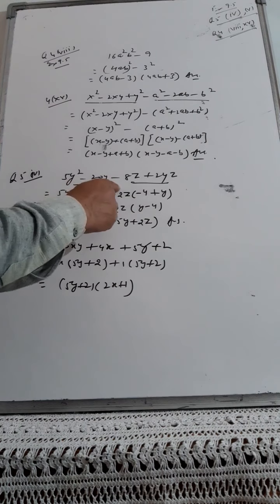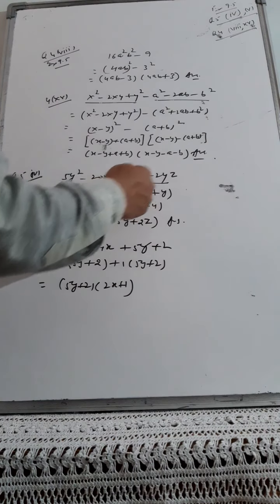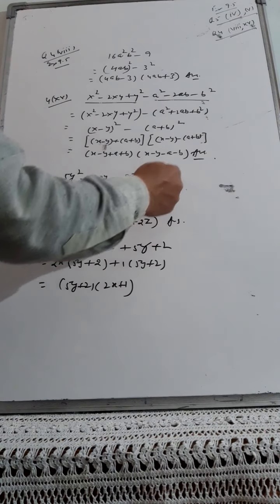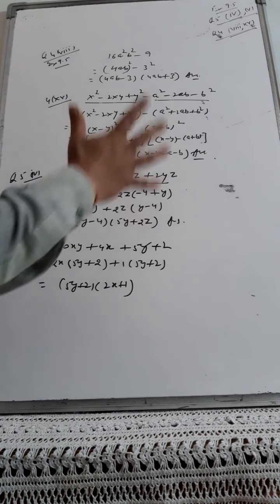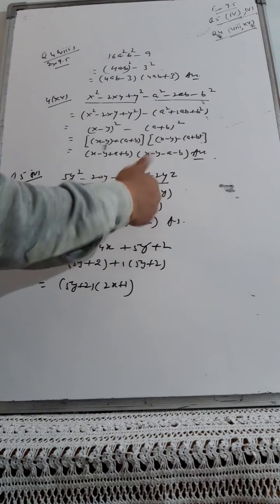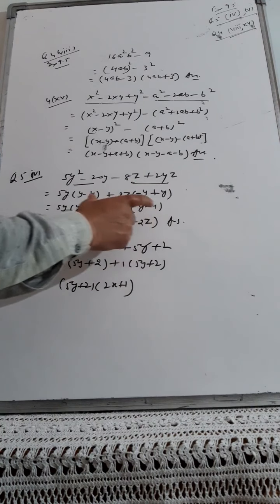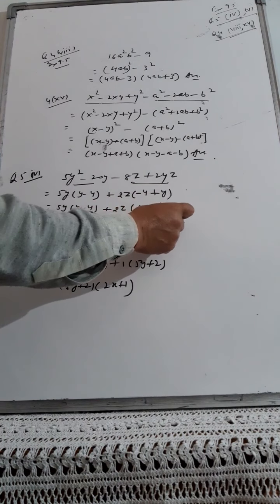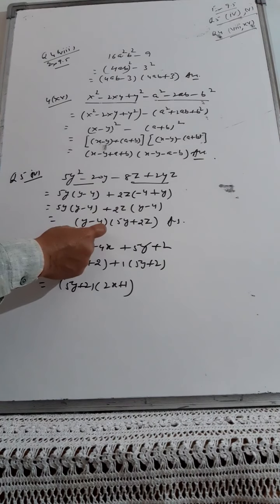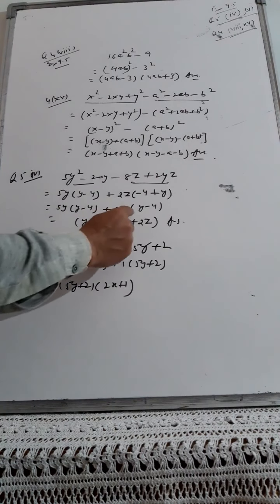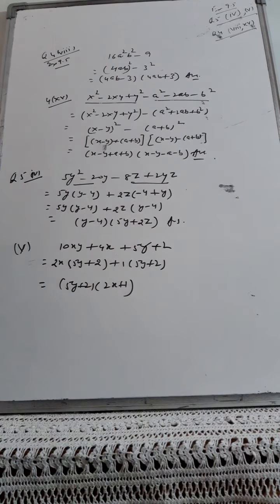Then automatically this plus divided by plus will be plus, and 2z will go off and y will be there only. So in the next step you can rearrange this. Minus 4 plus y can be written as y minus 4. So here also y minus 4, here also y minus 4. Then you take y minus 4 common and finally you are left with 5y plus 2z. So that is the answer for this question.